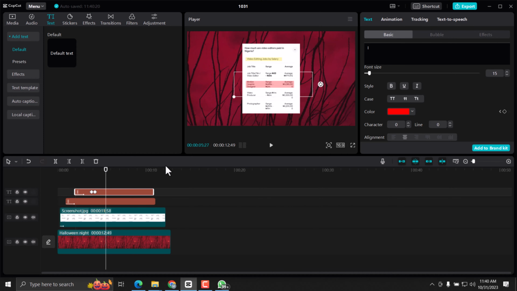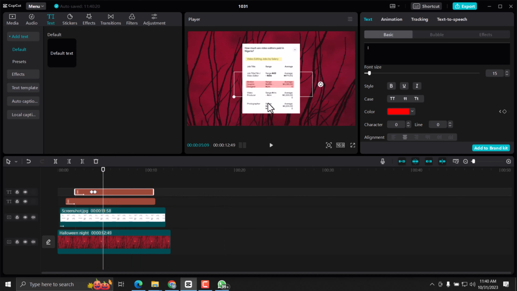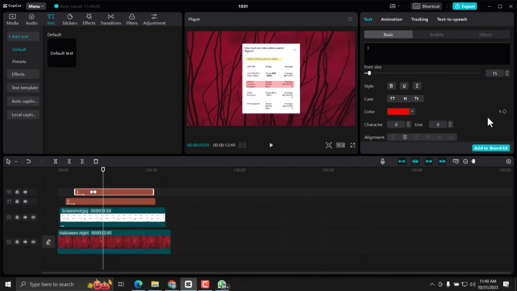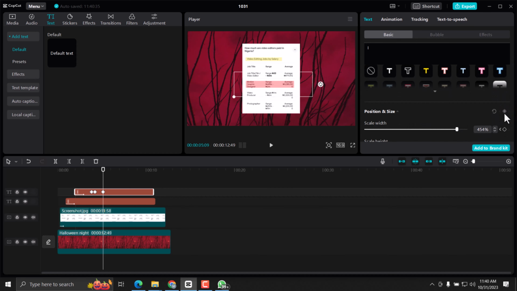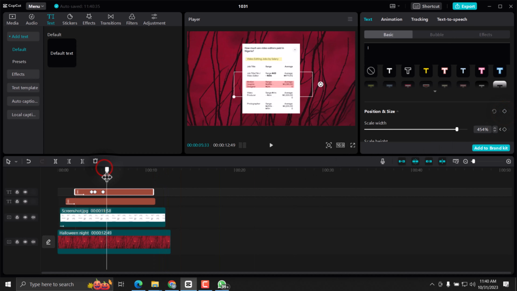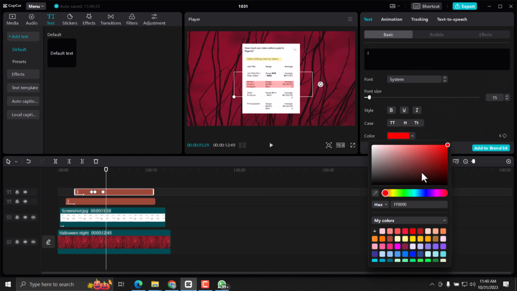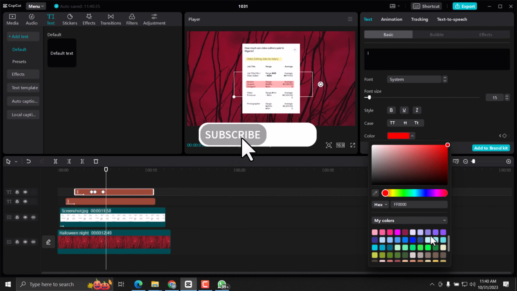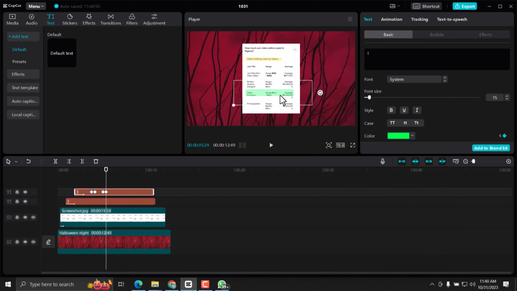So now what I'm simply going to do is just repeat the same thing I've done just right now. Let me repeat one so that you guys can understand it very well. What we're simply going to do now is first of all come to this color, add the keyframe. Okay, then come to the position and size, add another keyframe. Then you want to drag your playhead a little bit forward, then come over here and change it to any color that you want it to be. I'm going to select green this time around, then I'm going to drag it a little bit down,